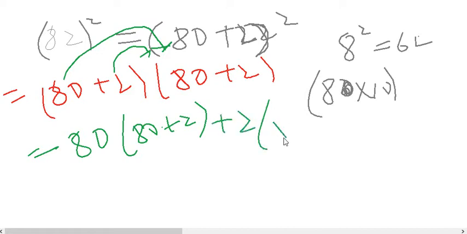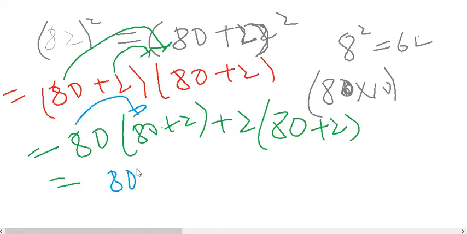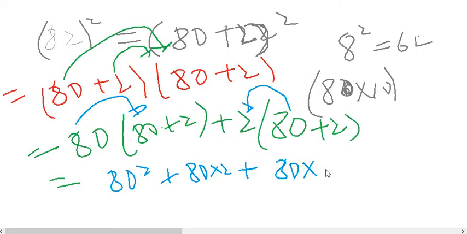plus 2 into 80 plus 2. So this will be 80 square, 80 into 80, which is 80 square, plus 80 into 2, plus again 80 into 2, plus 2 square,